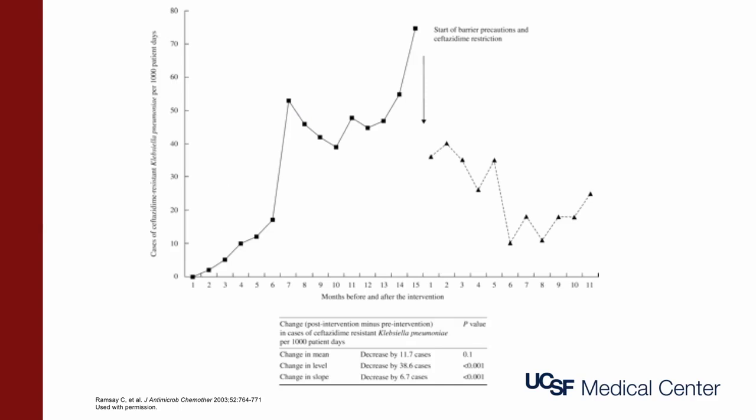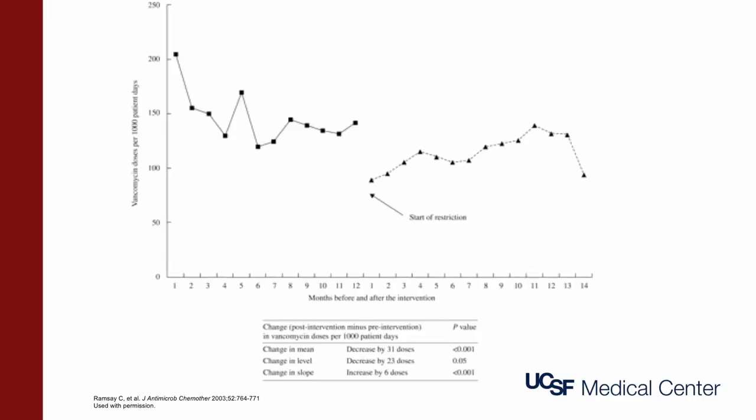There are a number of real-life examples of studies where comparing the mean value of a metric before and after an intervention gives an incomplete or even false interpretation. In this case, the effect of an infection control intervention seems to have clearly reversed an outbreak of ceftazidime-resistant Klebsiella. Yet, the mean rate of ceftazidime-resistant Klebsiella wasn't statistically significantly different. Interrupted time series analysis, however, would indicate that both the immediate effect of the intervention, noted by the change in level, and longer-term effect of the intervention, noted by the change in slope, were positive.